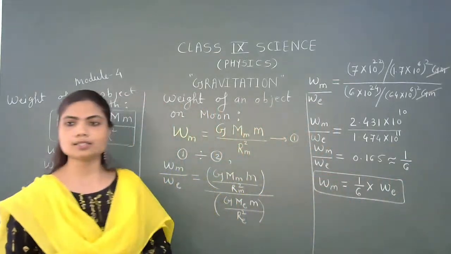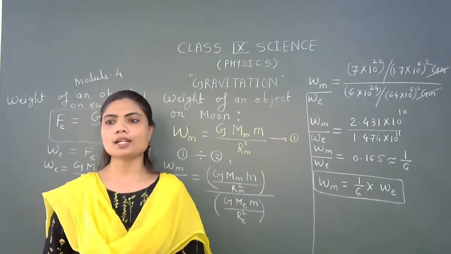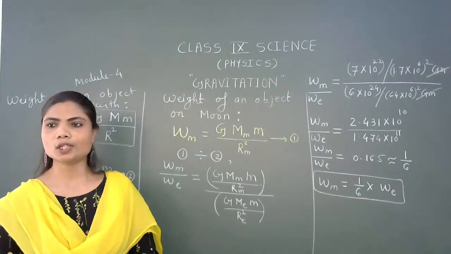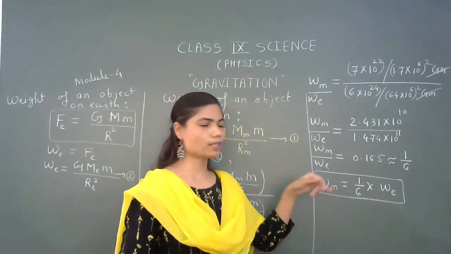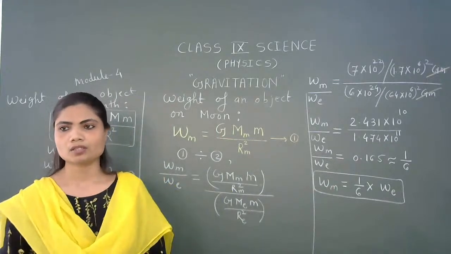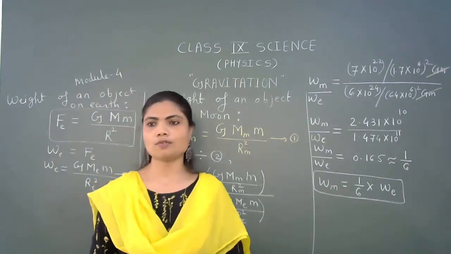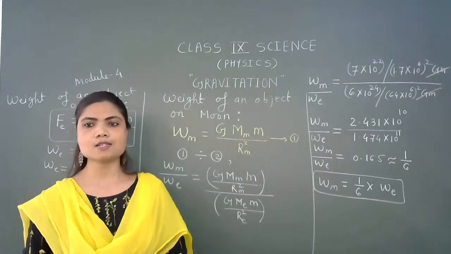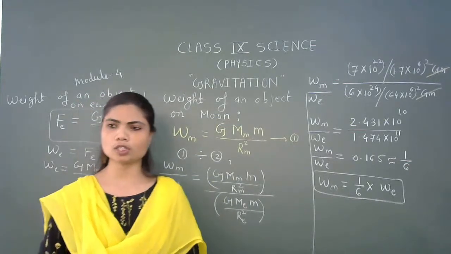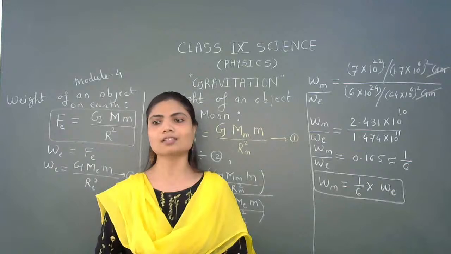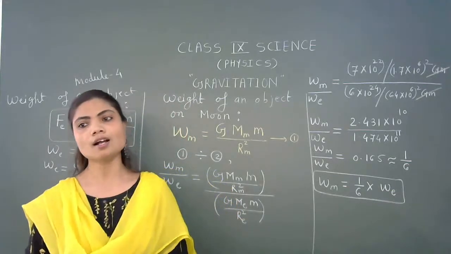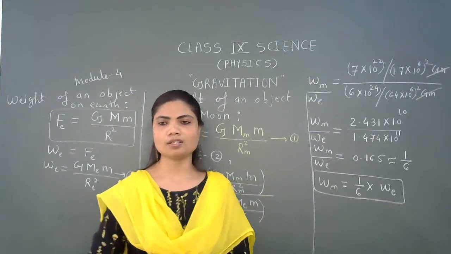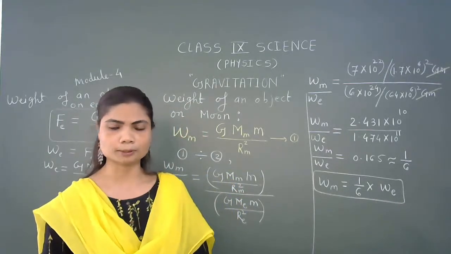Okay, so earth is a reference for us, and we now are able to calculate the weight of any object on the moon. So in short, for a 1 mark question or an MCQ, you have to be very serious about this point. Weight of any object on the moon is equal to 1/6 times the weight of any object on the earth. Correct? So here we have done a very important term, weight of any object on the moon.